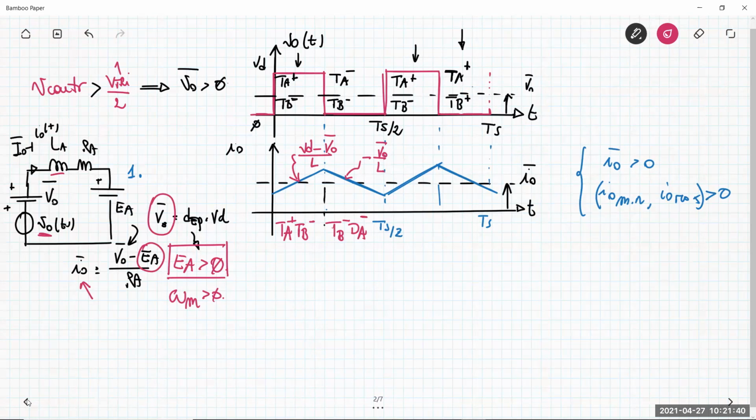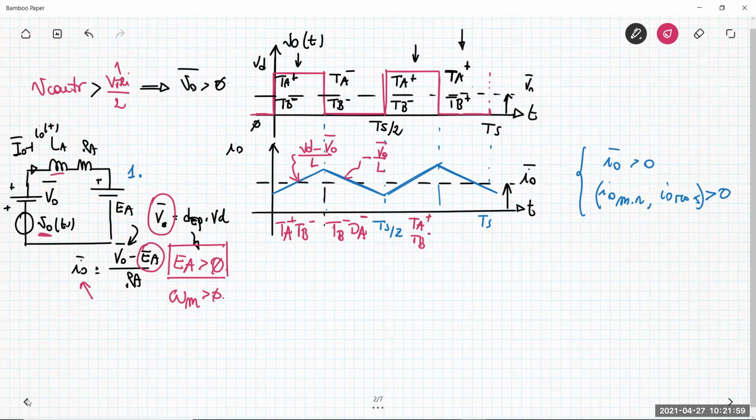What happens in the third subinterval? But this subinterval is the same as the first one. So because we have TA plus and TB minus on, the current is positive. So again, TA plus and TB minus. Then we have a fourth